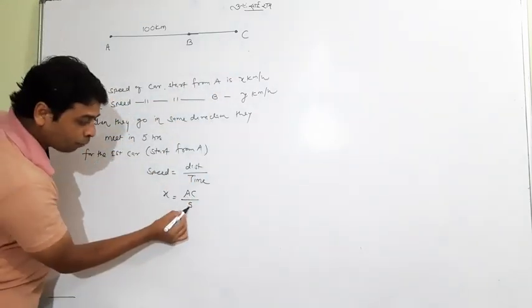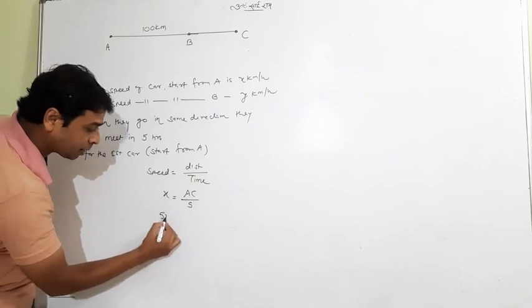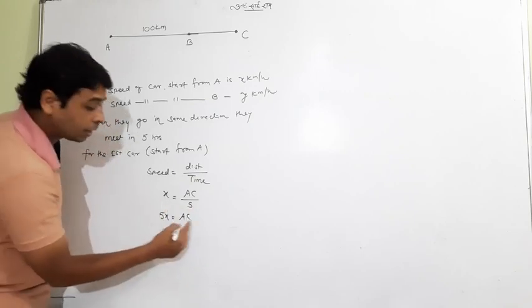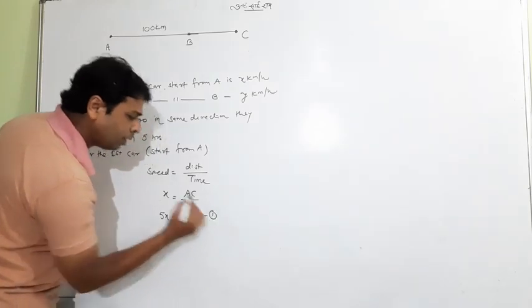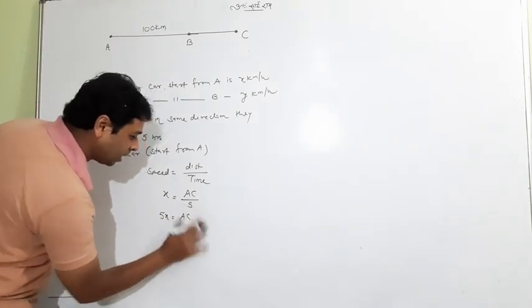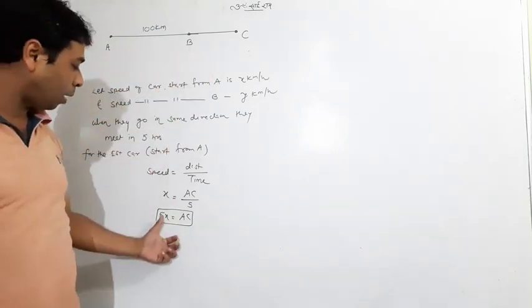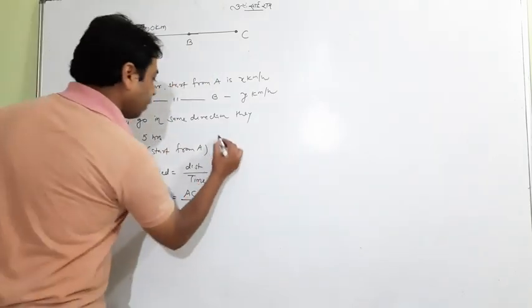Now I will multiply by 5, cross multiply: 5x is equal to AC. It is not really an equation, it is only AC, which is good enough. Write it in a box: we got AC is equal to 5x. Similarly,